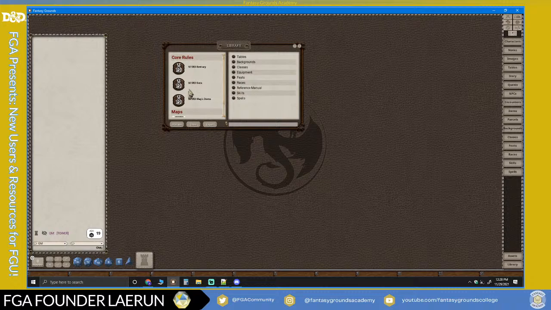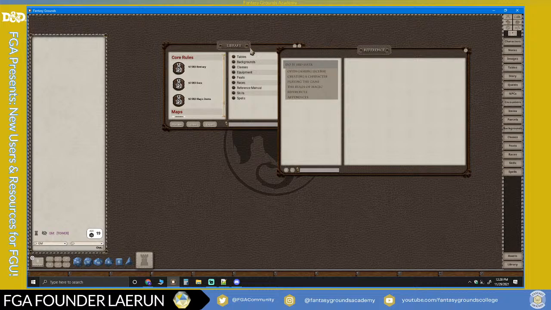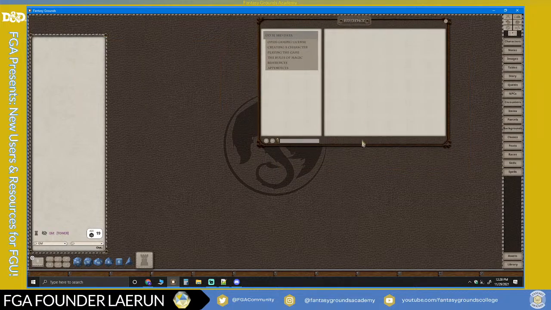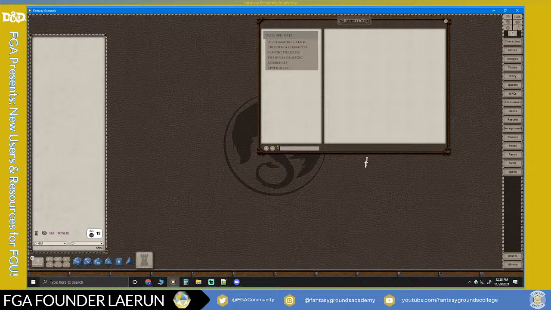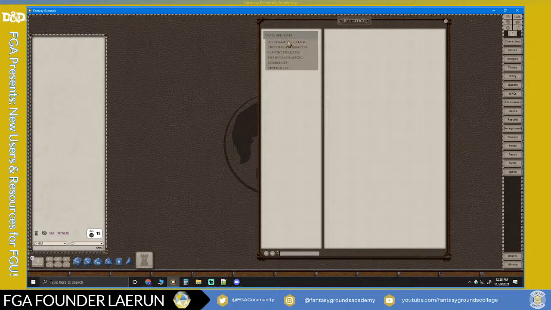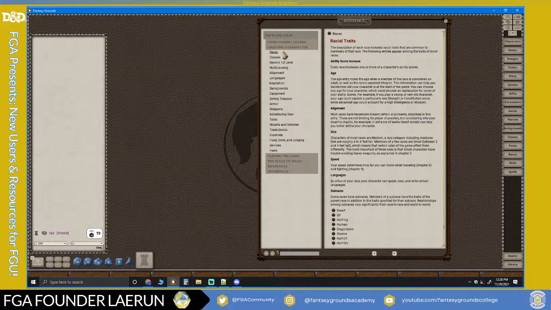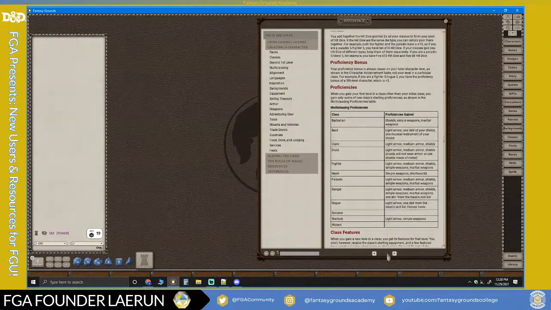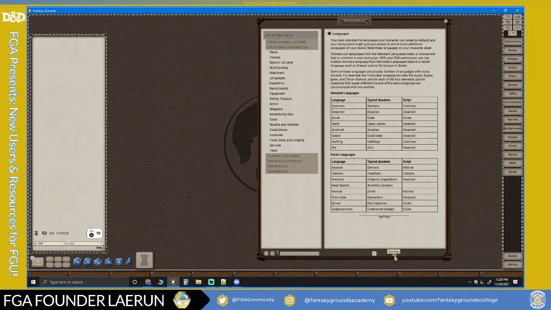So here, if I click on the SRD data and I click on reference manual in the library, this is the actual book. So if I had the PDF or the actual physical book, that's the digital representation of it. And you could go in here and come down and read through this. And this is just kind of like reading through a book. You have pages that you can go to the right or to the left. You have a search field.